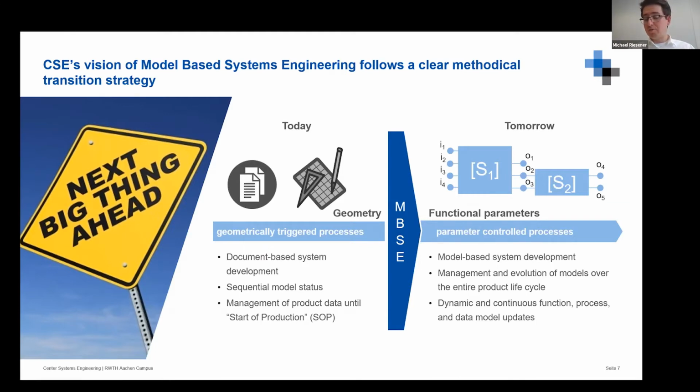We need to manage models over the whole life cycle, and we also have a dynamic and continuous function process and data model updates. So this is also where ELISE can help, because in the very first part we can set boundaries for the optimization and the generation of solution principles. Later on we can validate them, and this can be one very important step towards a fully digitized engineering process